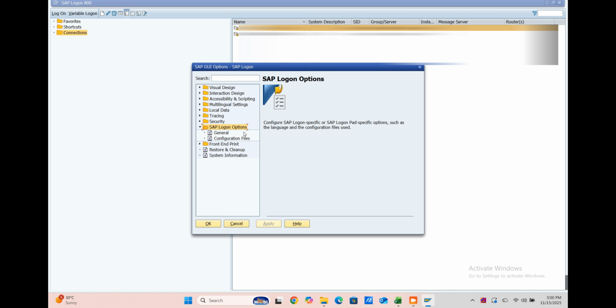So all these activities can be done in this SAP Logon app option. The main purpose is to personalize how the SAP Logon pad appears and behaves. That thing we can do here in this screen. And coming to this front end print, this is going to control the printing from SAP to local